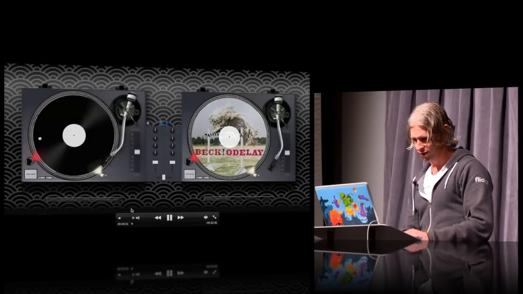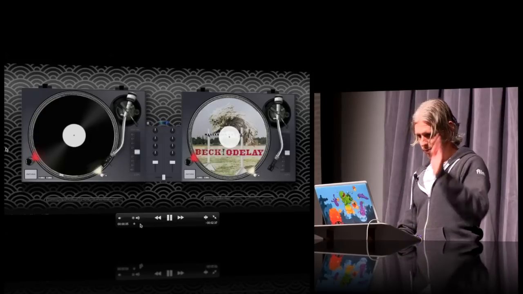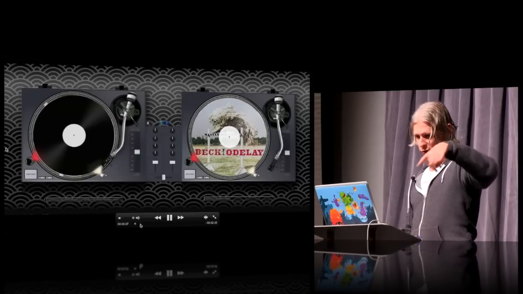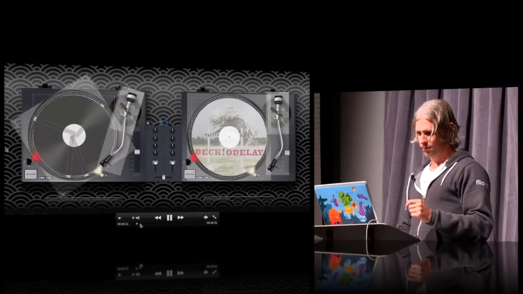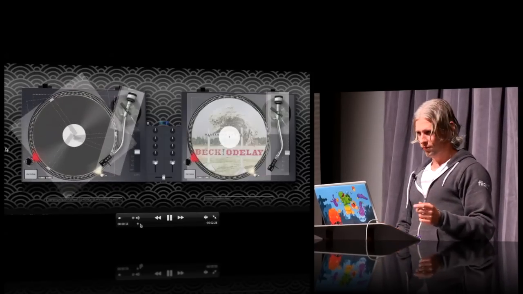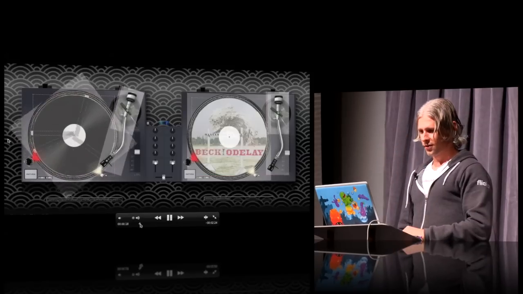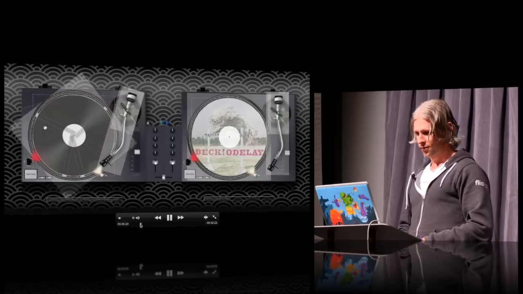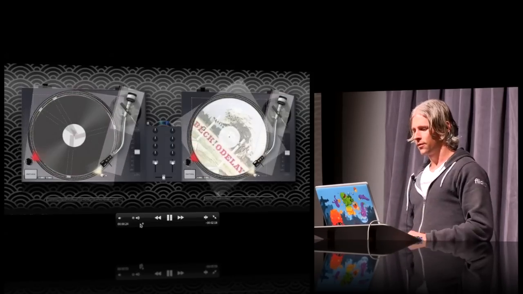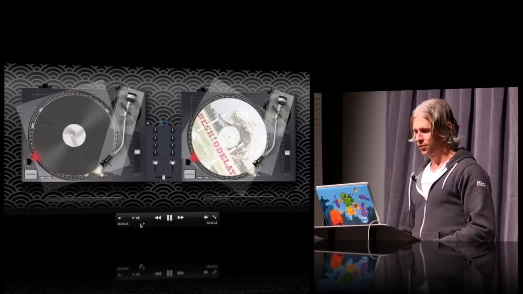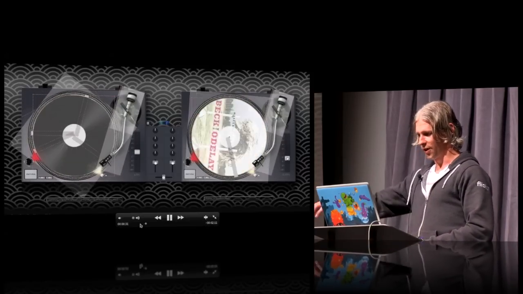So I'm going to skip in. You've already seen some of this. Scratch the record. Point, tape, so I can bookmark that spot. Now I'm going to beat juggle a little bit. So now you've got a little sampler, and you can scratch the record. Second record. Pitch bend, speed it up.